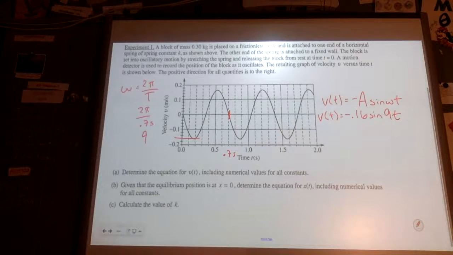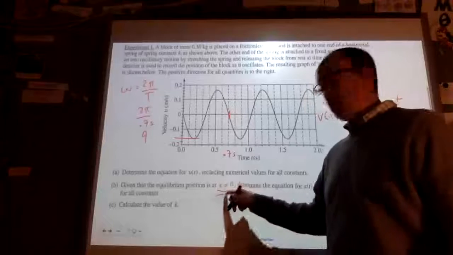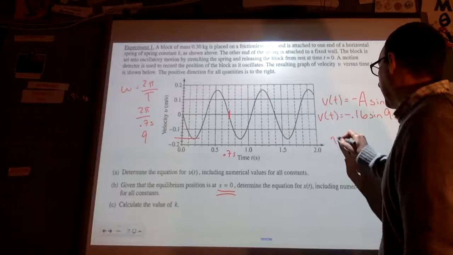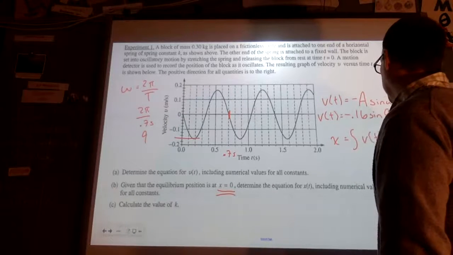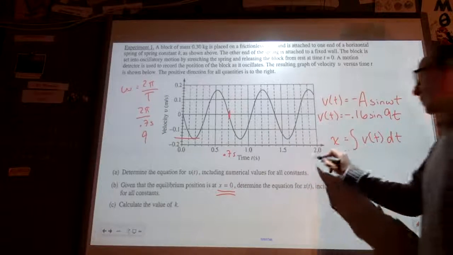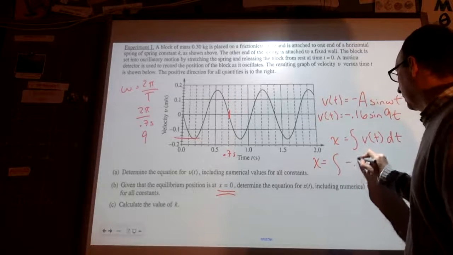All right, given that the equilibrium position is at x equals 0, determine the equation x of t, including numerical values for all constants. So this is how we can find out whether we have a c or not, right? So I'm going to get my position, and this is going to be the integral of velocity with respect to time. So this is going to be the integral